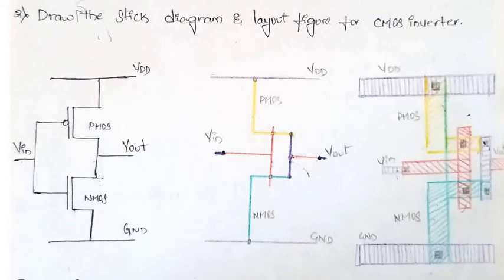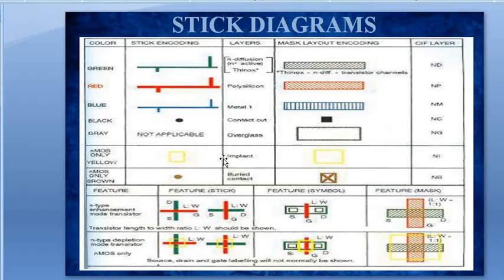Now we have to use a polysilicon layer to get the gate terminal of your PMOS transistor as well as the NMOS transistor. For getting the gate terminal of both the transistors, we need a polysilicon layer, and the polysilicon layer is given in which color? Nothing but red color. To have the contact with that one, we need a metal layer, and that is given in blue color, and these two are contacting each other. I am giving it a red dot. I hope you know why we will be giving a red dot for the connections.